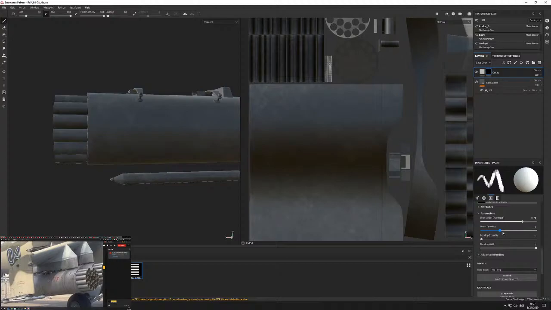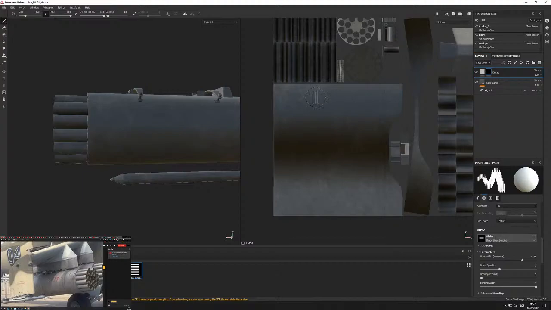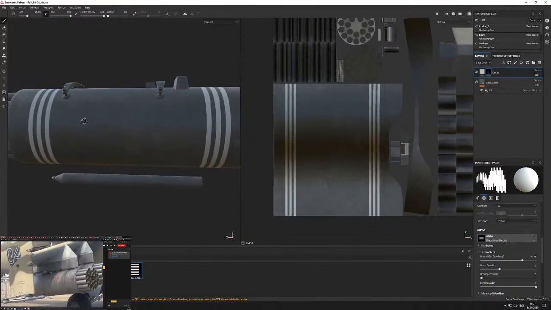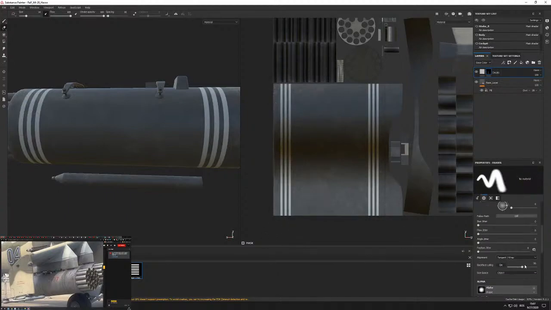Now let's go with 3, not 1, and let's see. Yeah, this will be just fine. And we will add one here and one here. And we will delete the middle one,